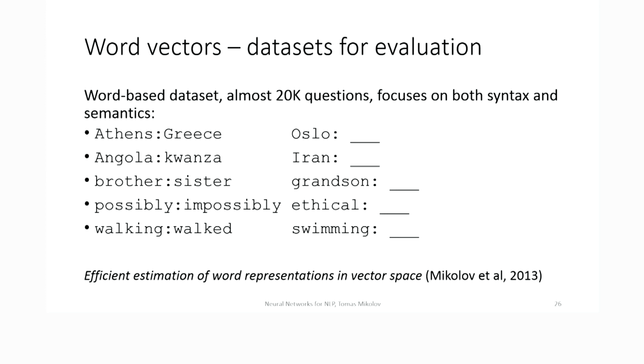The data that we later used for comparison of these different ways to train the word representations is the one that we developed at Google in 2012 and published in 2013. It has about 20,000 analogy questions of this type. Some of them are on the semantic side and are not all that trivial. You have to, for example, be able to say what is the currency of Iran based on an example of what is the currency in Angola. That's quite difficult even for people.